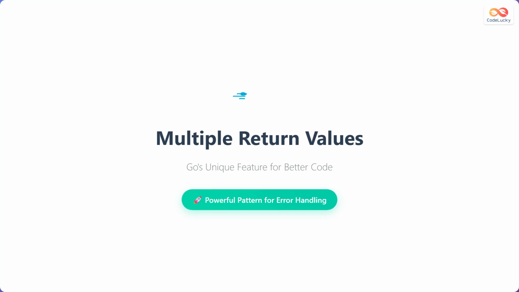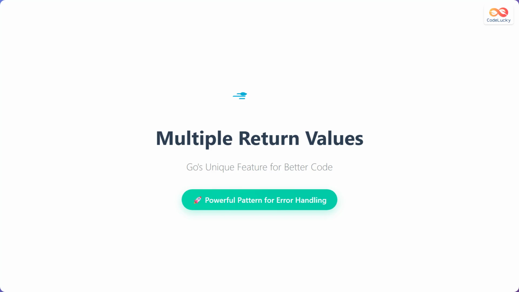Welcome to this comprehensive guide on one of Go's most distinctive and powerful features, multiple return values. Unlike many programming languages that limit functions to returning a single value, Go allows functions to return multiple values simultaneously. This feature is not just a convenience, but a fundamental part of Go's design philosophy that promotes explicit error handling